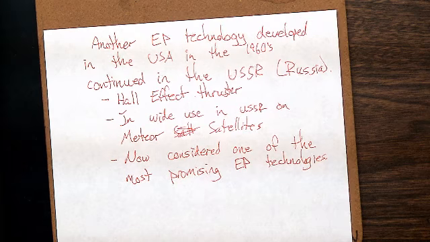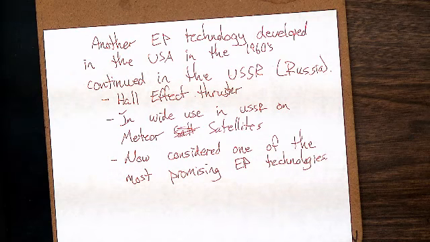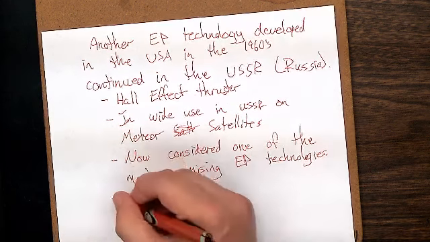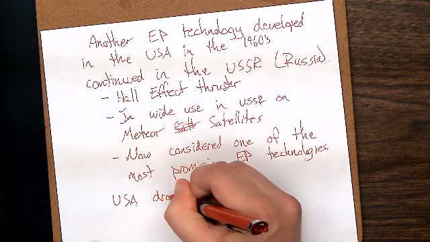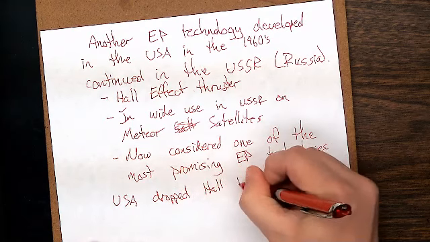So why would we give up on the Hall thruster if it was so wonderful, right? We'll find out later in class it's a relatively complicated device. There's some complicated physics involved. And the USA largely or totally dropped Hall thruster development